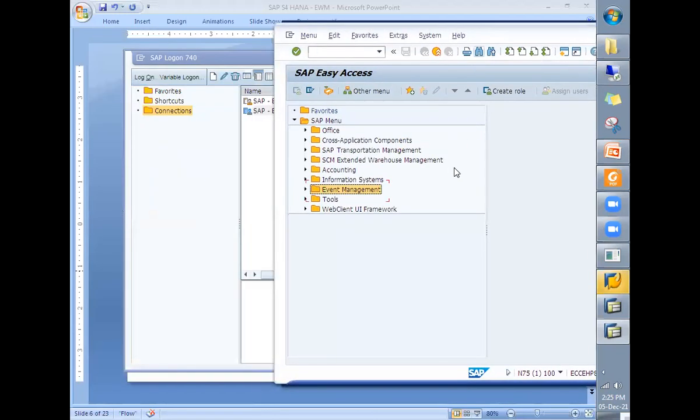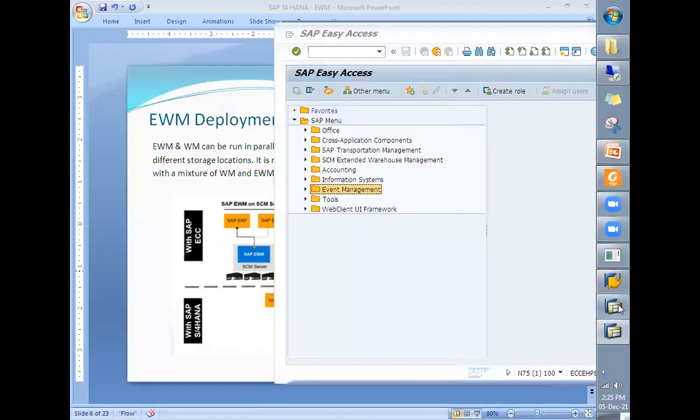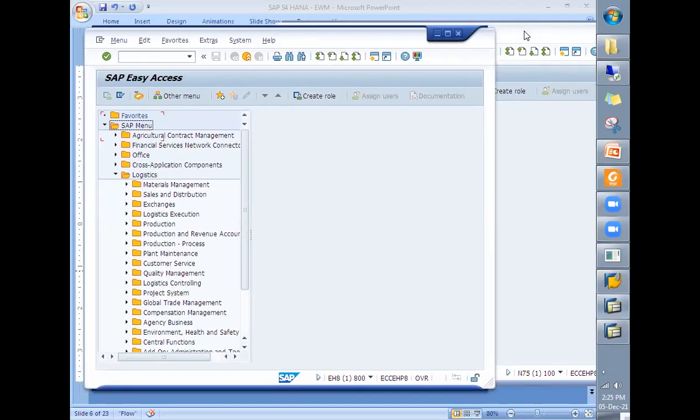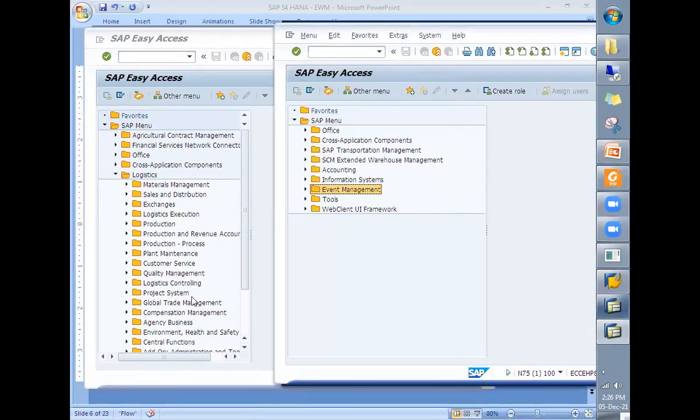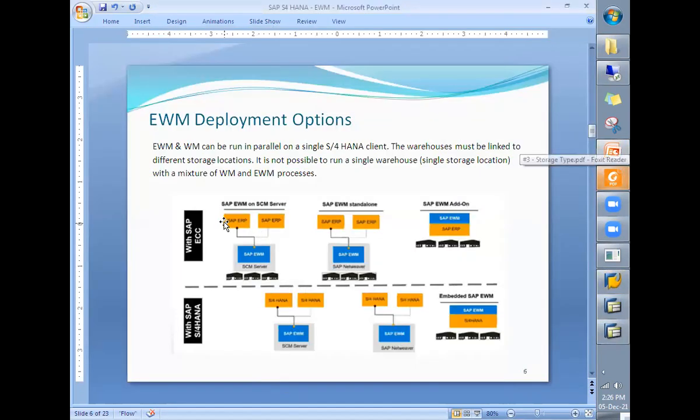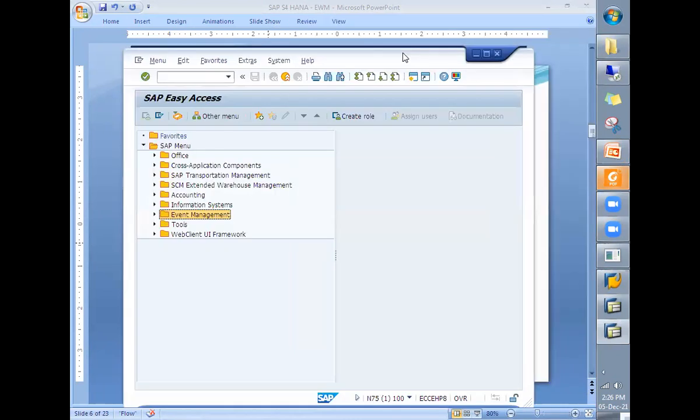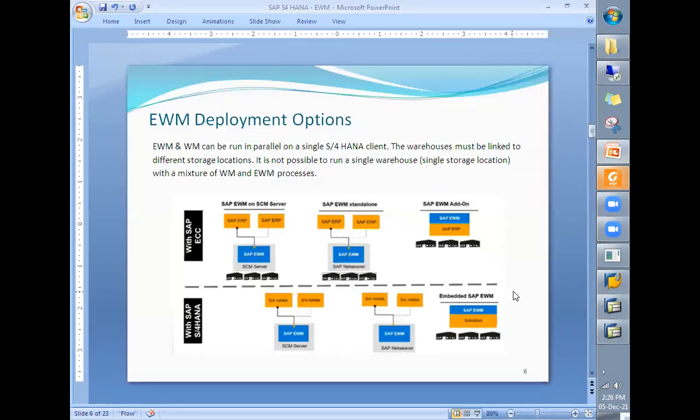This is the ERP system, and this one is the EWM system. This deployment option is called decentralized EWM with ECC. So here is the decentralized one. Similarly, after the launch of SAP S/4HANA, it is possible to have one separate S/4HANA system and one separate SCM system.